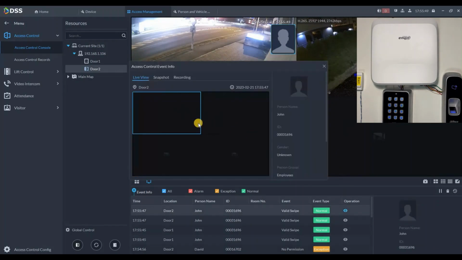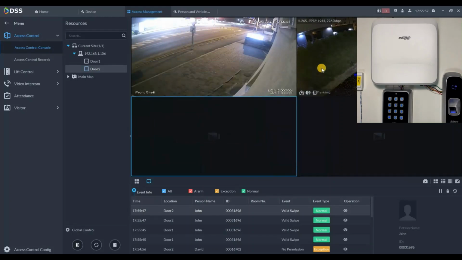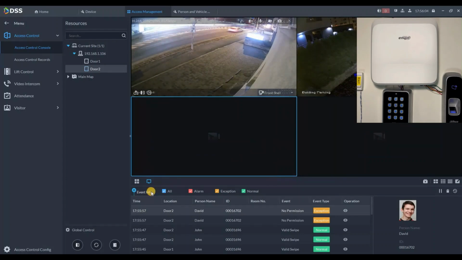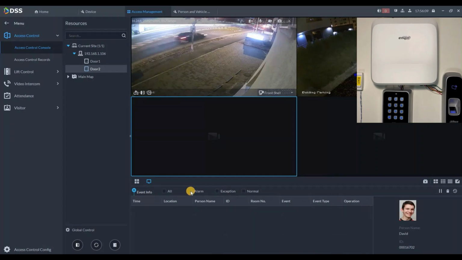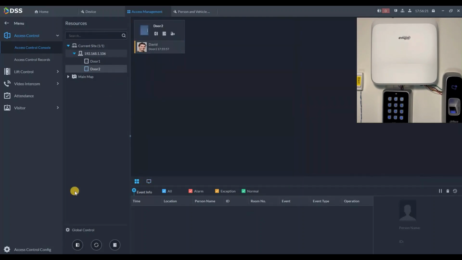and also when you have swiping in operation, you see the live view. If you set up recording, you see recording, also snapshot. It is the same when you have not valid swipe. You can also filter these events only for exception, normal, or alarms. Also, you can clear this list, and you can also close all videos, switch to this view, set up global